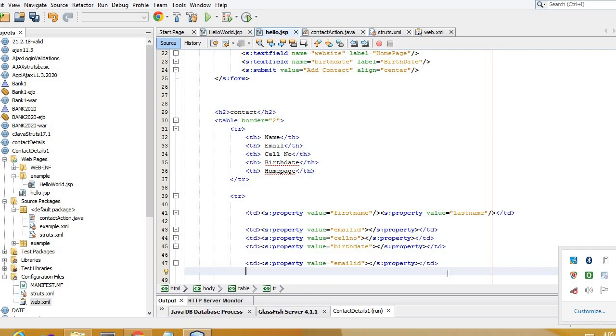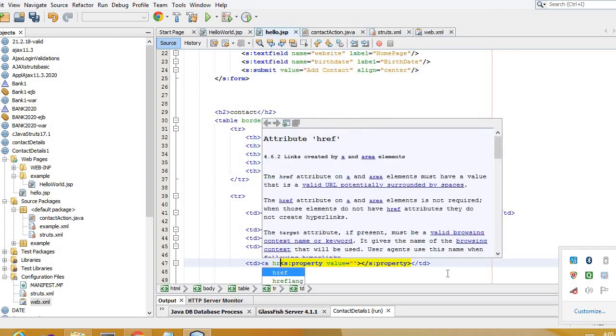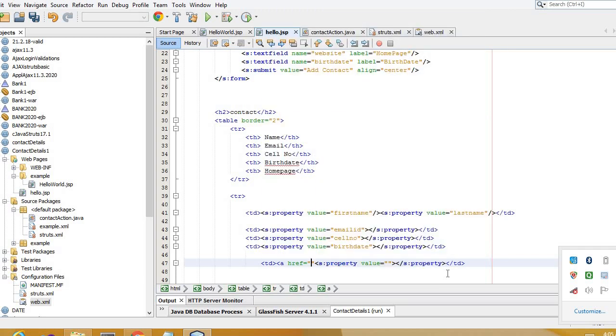So I'll just give here a href, just give the reference to it. So a href is equal to s:property value, and here I should give the information website, the website page onto which we are going to click.